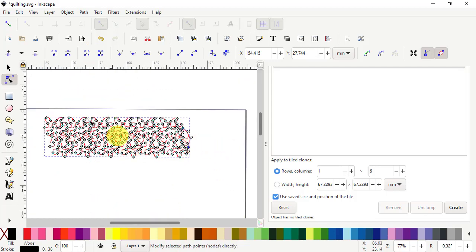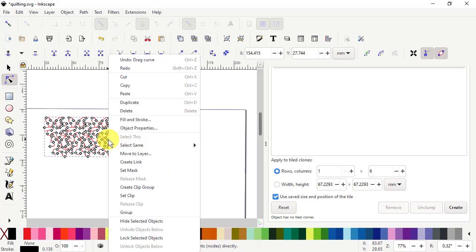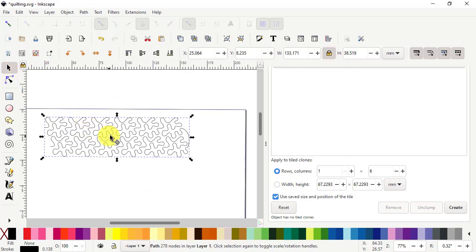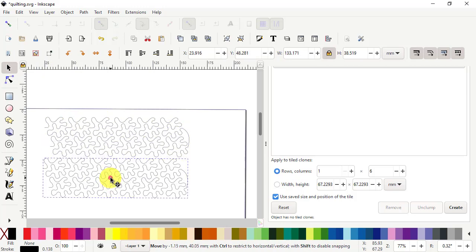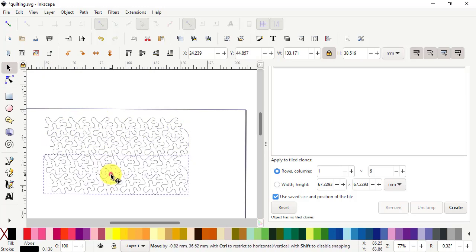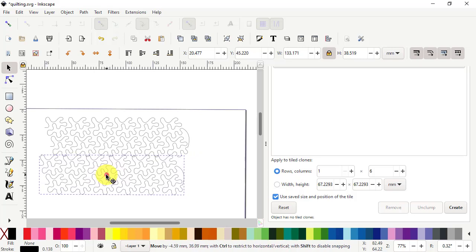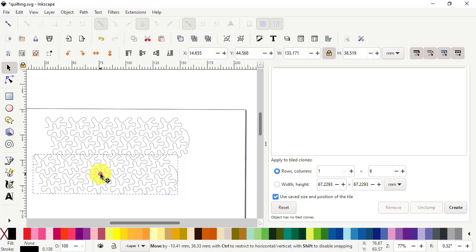Then I'll zoom out and right click on it, duplicate. Let me go to select, making sure that we have the duplicate. And then with the duplicate, I can do the same thing again. Find the spot where I want to line it up. That looks about where I would want it. And then I go again,